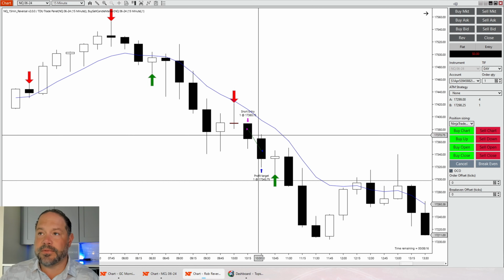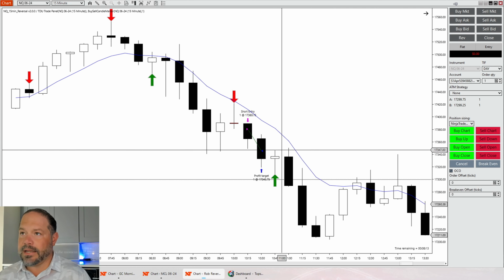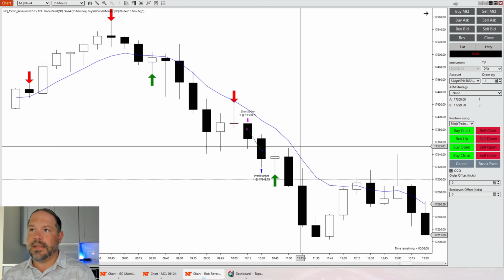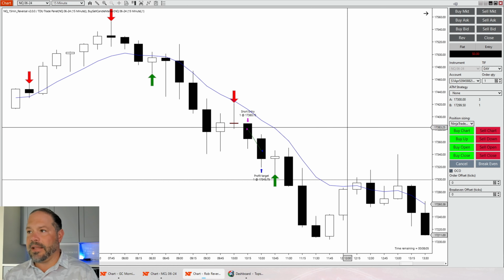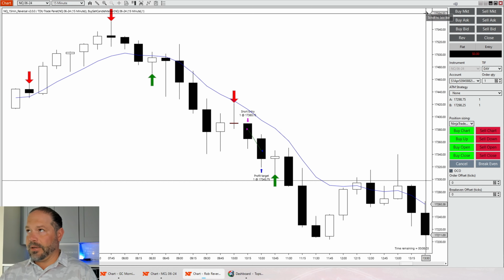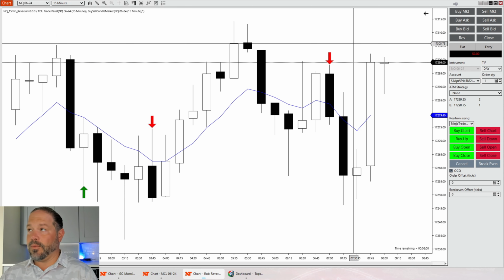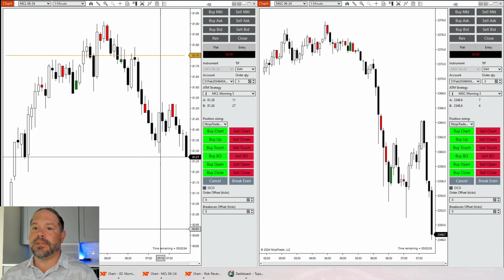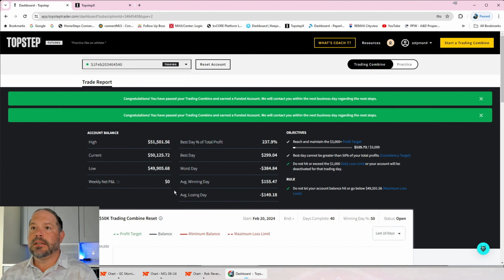In cash, I took this one for 70 points based on the trailing stop option with a set take profit of 70 points and still keeping my set stop loss at 35 points. So hopefully we can get another setup and another win here this morning, or I should say today, on the Rob reversal. Our eval stands at 50,125. We've just taken a lot of cuts this month, a lot of mistakes this month. But again, one day at a time, one trade at a time. Let's see how we can work this account back up.